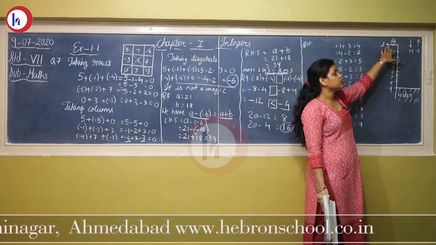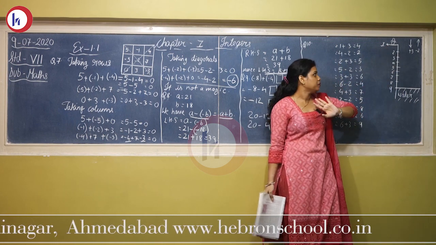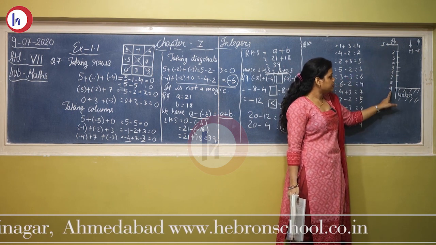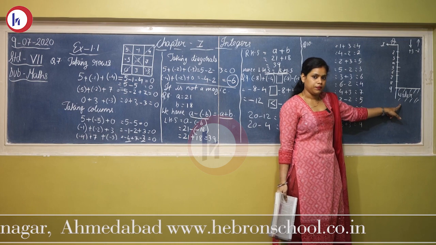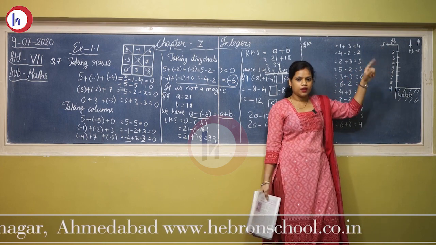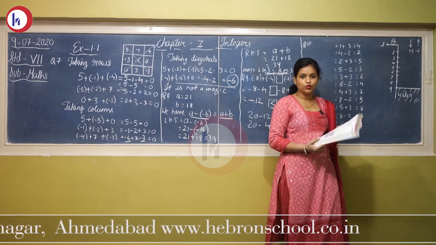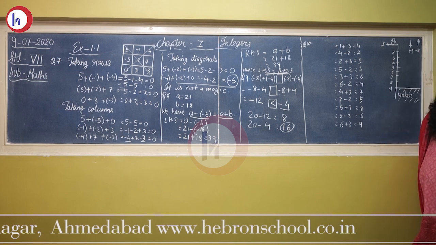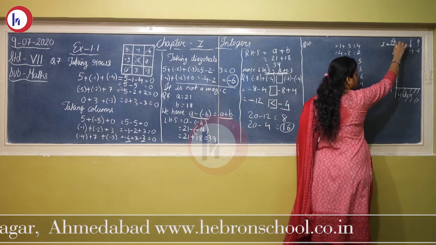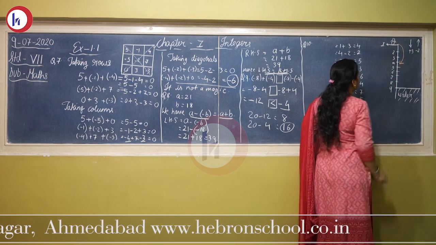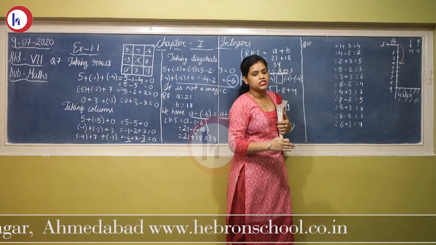One monkey is sitting on the first step. I am explaining in very simple language. One monkey is sitting on the first step and the water is near the 9th step. Now he has to come from the first step to the 9th step, but he is not coming straight away. A monkey will come by jumping, right? So what he is doing, he is coming down 3 steps at a time. How many times is he coming down 3 steps?